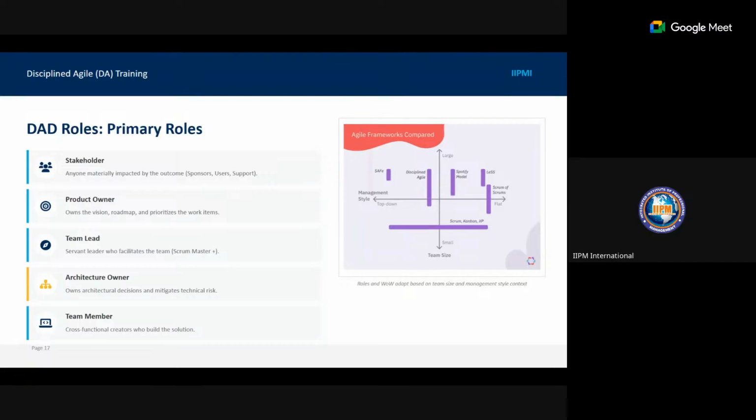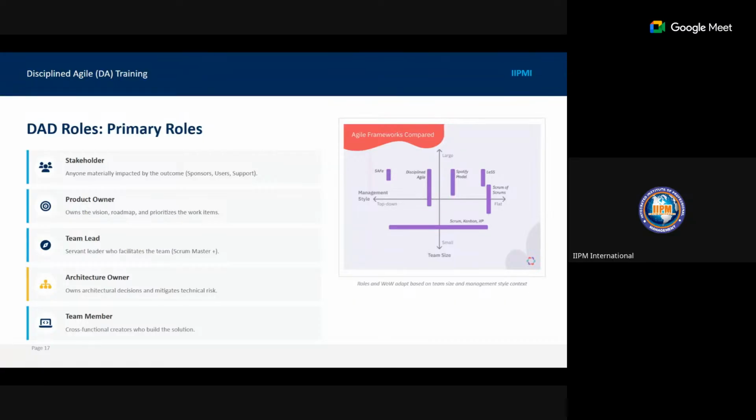So where is the stakeholder coming from? The stakeholder is coming from traditional project management. Disciplined Agile doesn't want to leave out the fact that stakeholders are part of projects, part of product development, and part of investment. So instead of relying on the product owner alone, since sometimes people say we don't even know if he is telling them the truth, Disciplined Agile said no, we don't want to have questions of transparency.